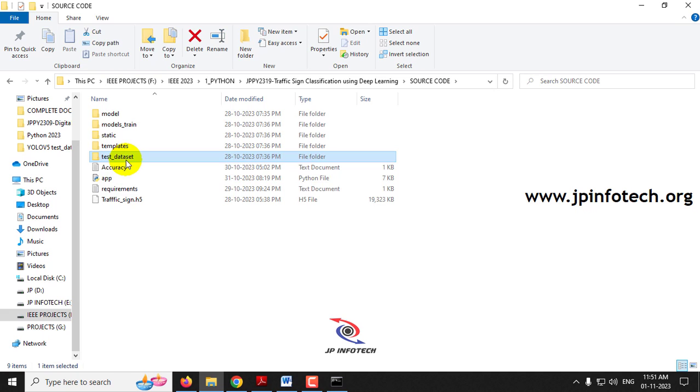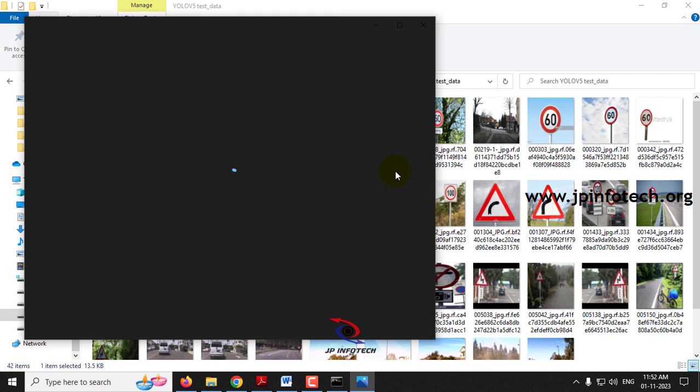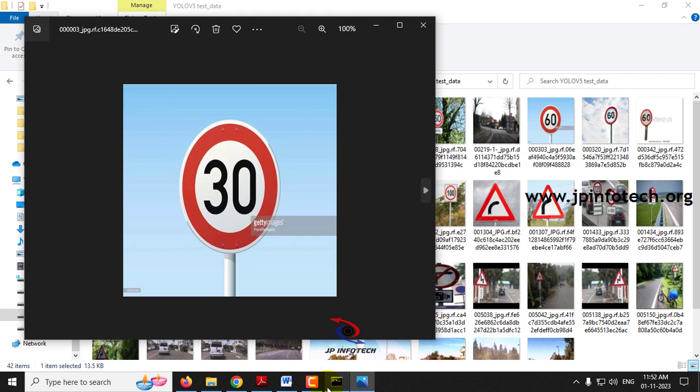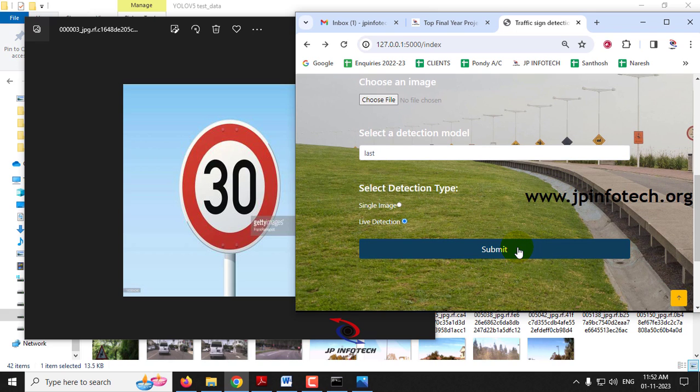Now let me go to the test data folder, YOLOv5, and open this image. Now let me submit and click the live detection part.